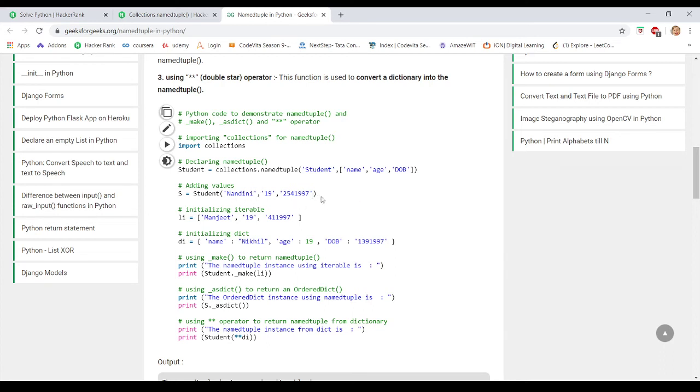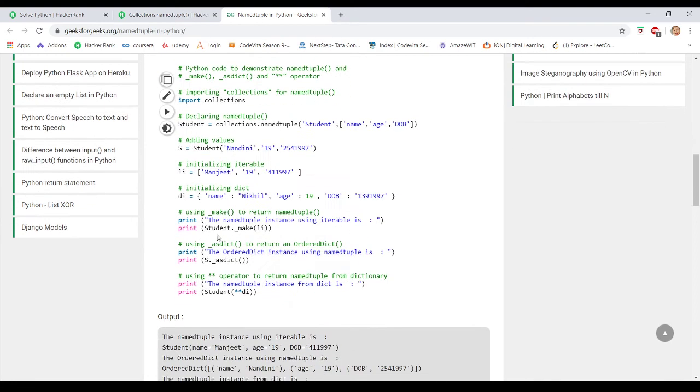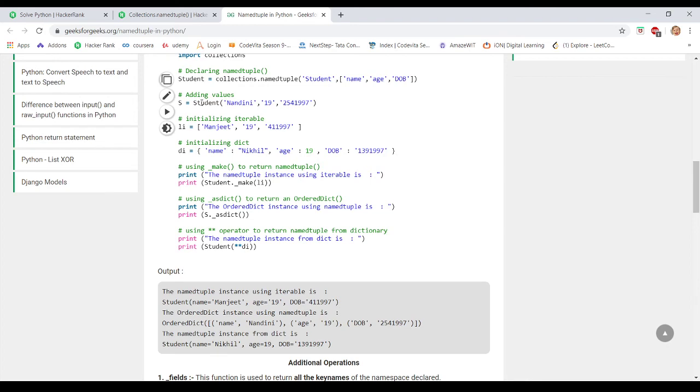In this way we can use namedtuple. And here they give another variable li which stores the name, age, date of birth of another student, and di, a dictionary. In order to store a dictionary in the form of a namedtuple, we should use Student(**di).